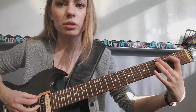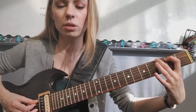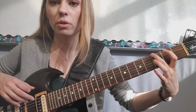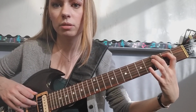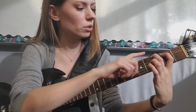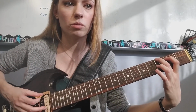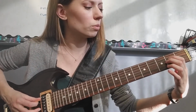And then the next one is the G. Just as if we were playing an open G chord, we just need the top 2 notes on the top 2 strings, and then the next 2 as well, the open strings. So we're going to put your 2nd finger on the 3rd fret of the low E, and the 1st finger on the 2nd fret of the A. Just remember when you're placing those 2 fingers there, you want to make sure that you're not muting any other strings around it. It should be nice and clear. You're going to play through the 4 strings again, so this time it's the low E, A, D, and G. So if we put that together, we have